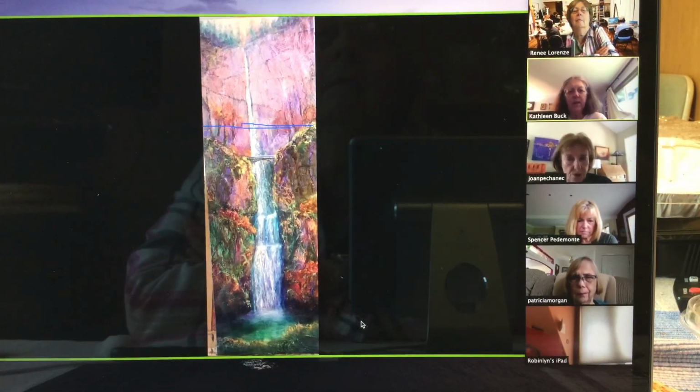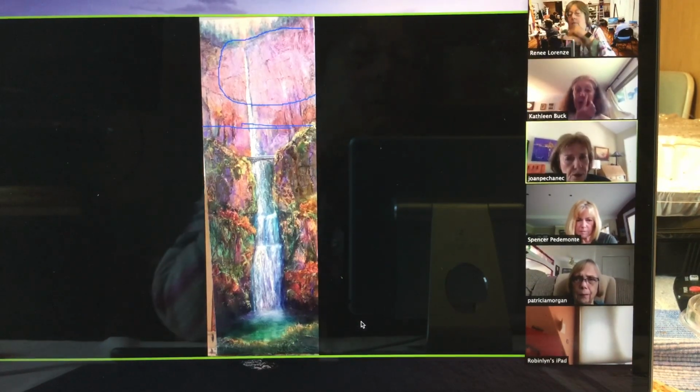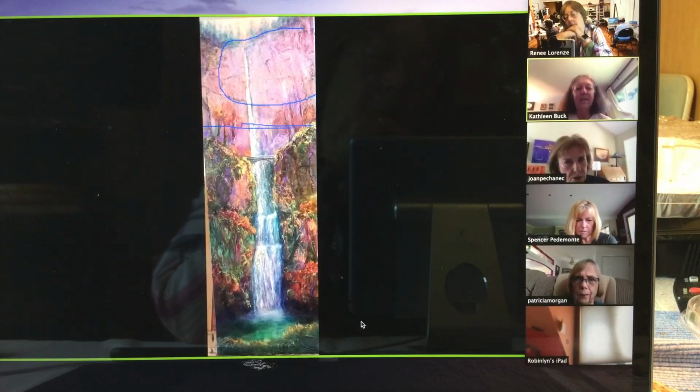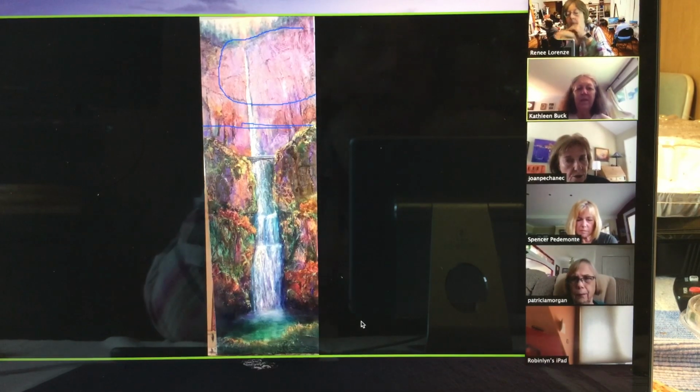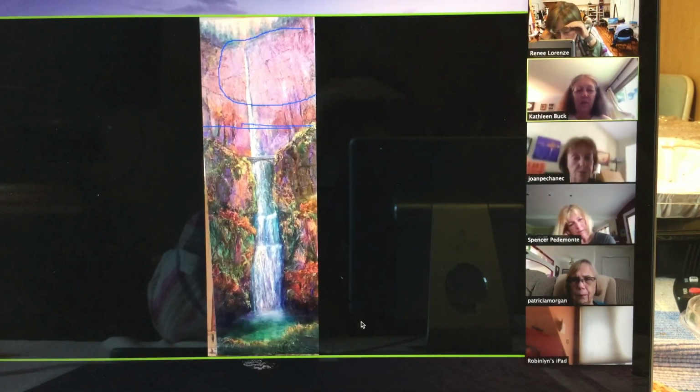This part up here seems like it needs a little more something. It's a large area of not much going on. And for some reason, and it's so bright, I keep looking up there and I want to look down in the bottom half of two-thirds. And I'm just wondering